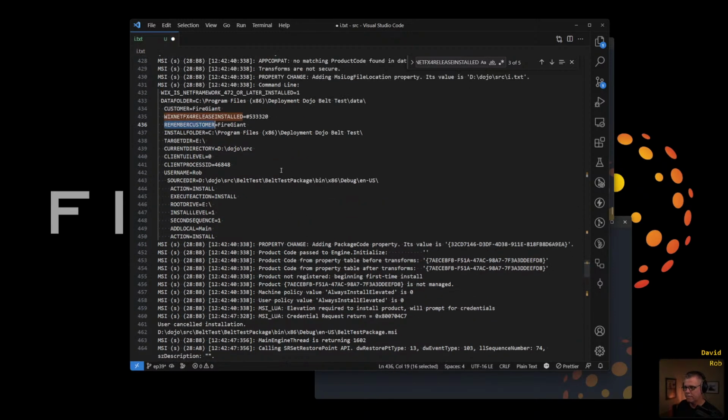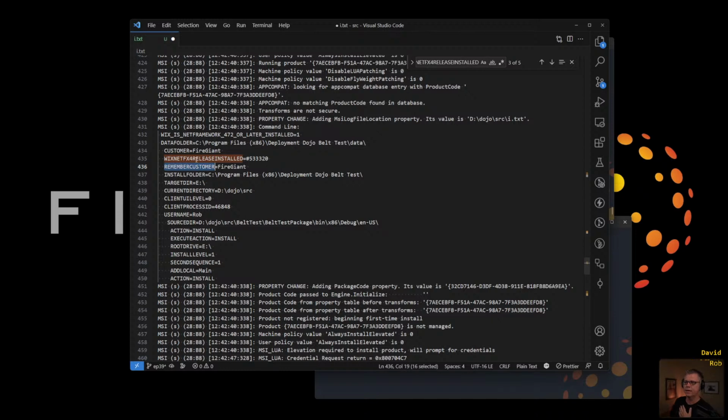Now, the thing that's surprising me is that I don't think we set remember customer as secure, right? Because we haven't talked about it. I don't think we dropped it in. I don't think so either. So now we need to go dig in, because this is not what I expected.